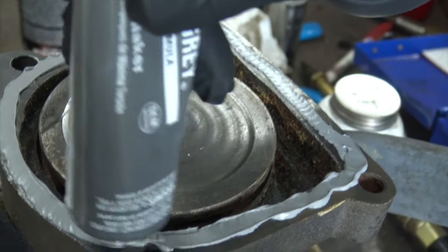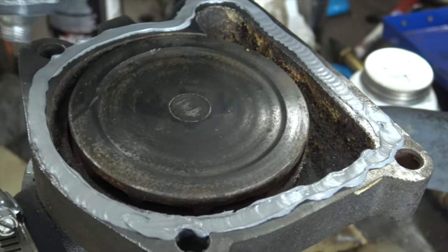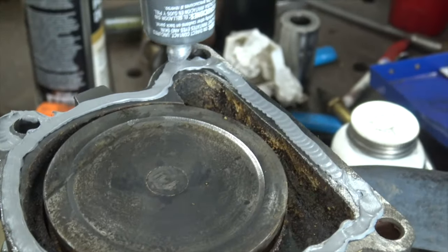All right, so you don't need a whole lot of RTV. You can go around the edges. Now, for whatever reason, I usually go around the bolt holes, for a stupid reason, but...